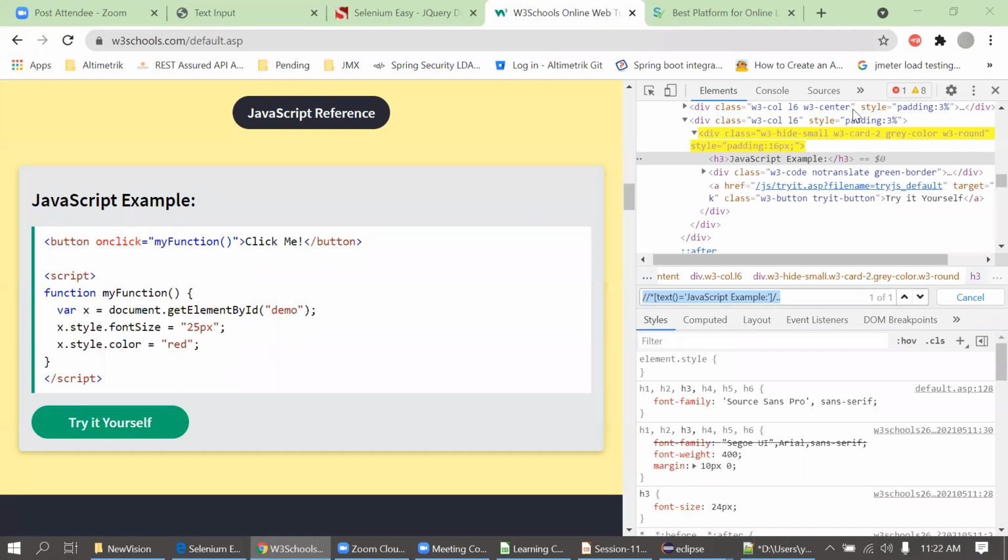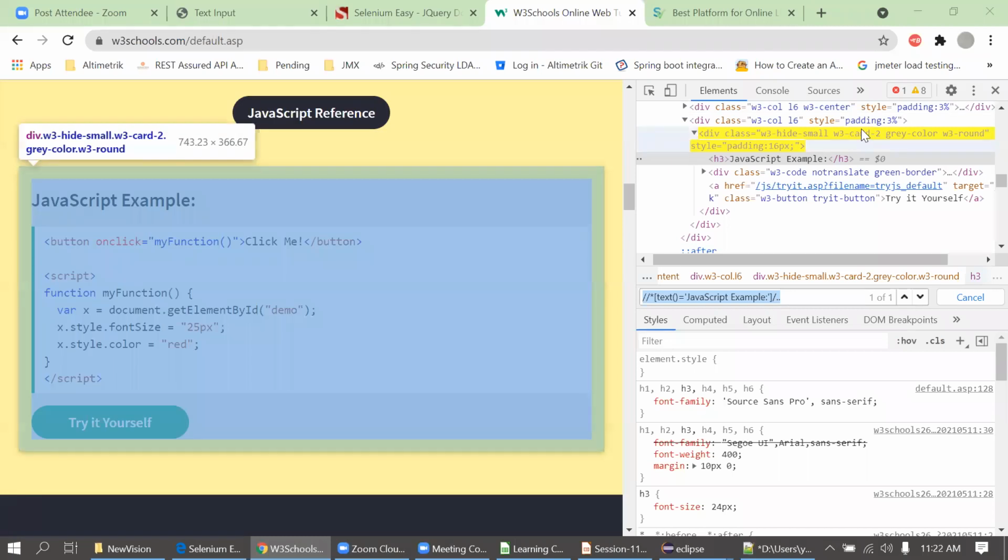Suppose this class name is changing frequently. So ignore that. Don't go for this class name. Look for the stable thing which is present on the UI, and based on that, create the XPath. That's the solution only. So you have to give me the example. Based on that, I will tell you which things you have to consider as stable and which thing you can ignore, because that's changing.